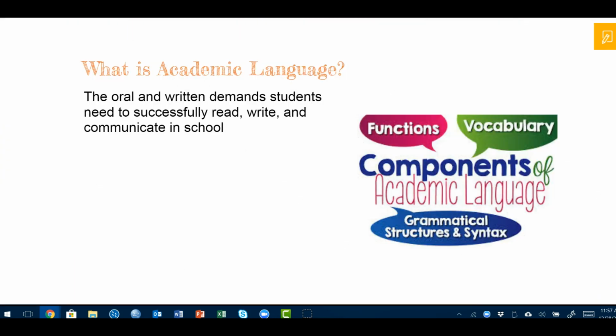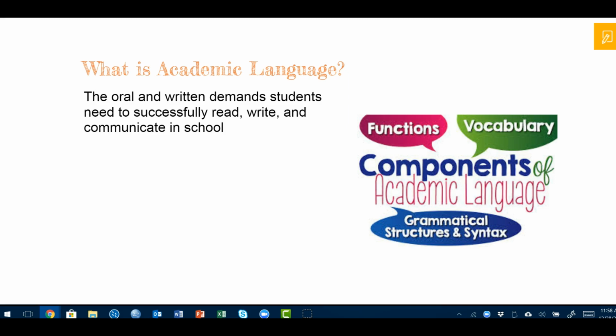All right. But first of all, when we say academic language, what are we talking about? We're talking about the oral and written demands students need to successfully read, write, and communicate in school. It's going to be specialized terms. It's going to be different ways of ordering sentences, right? It's going to be grammatical structures. It's going to be syntactical structures. It's going to be the purposes for which they are communicating. And it's going to look, in some cases, for some students, like a whole different way of speaking and listening